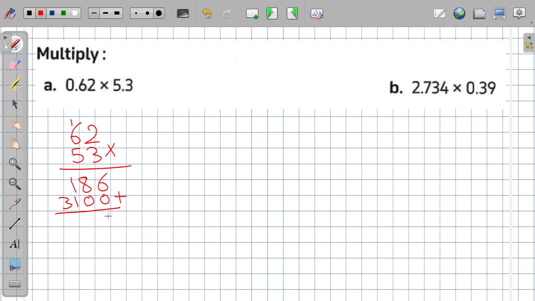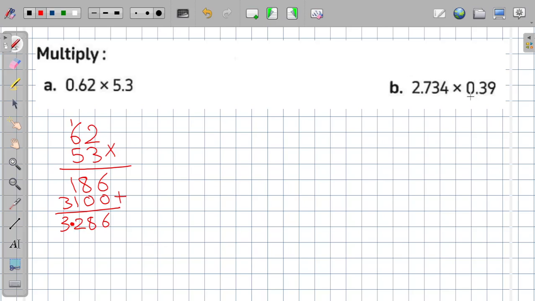Next, I will add them together. So I have 6, 8, 2, 3. I have here 2 decimal places, and here I have 1 decimal place. So the result will have 3 decimal places. So the result will be 3.286, or 3 and 286 thousandths. Okay, so the result will be 3.286. Here I have